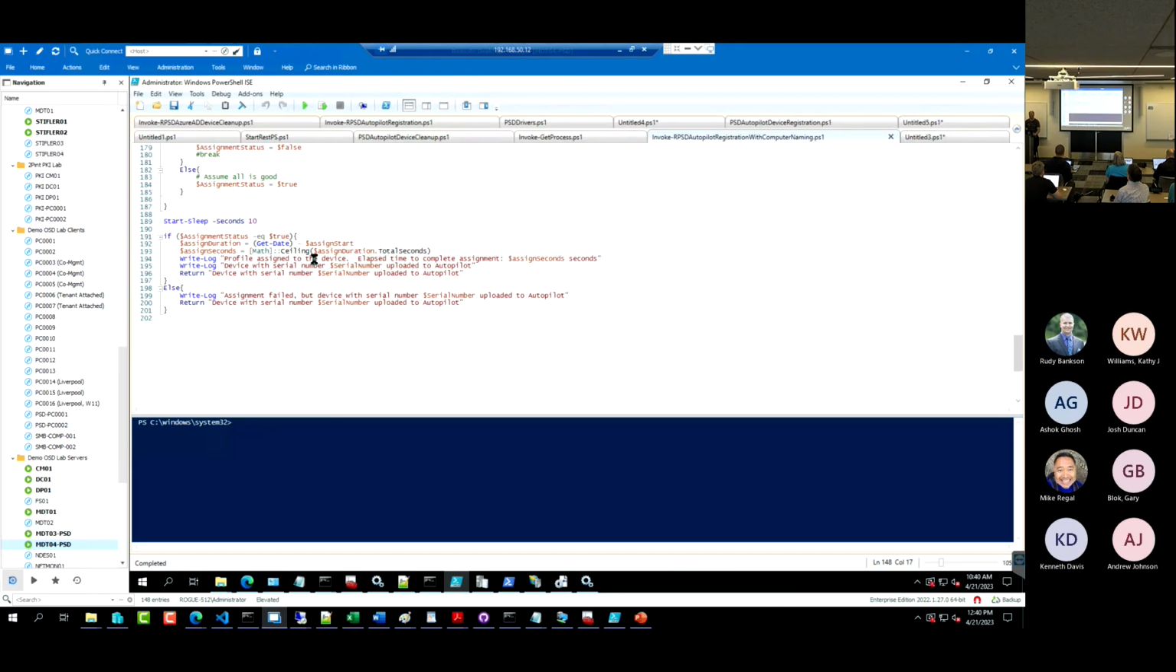And one thing is that you can also do other stuff. You can have your own custom computer naming if you want. You don't have to use the naming templates that come with it. You can tell Autopilot what the device name is supposed to be through scripts. And on that note,